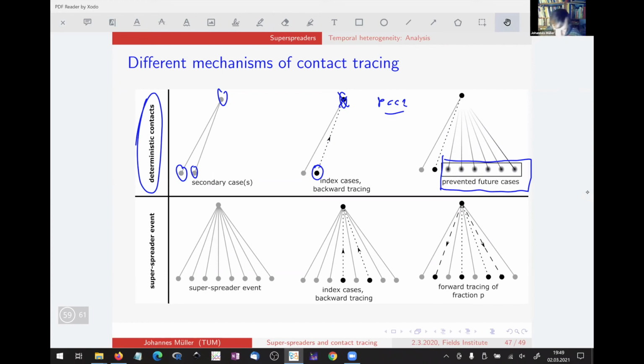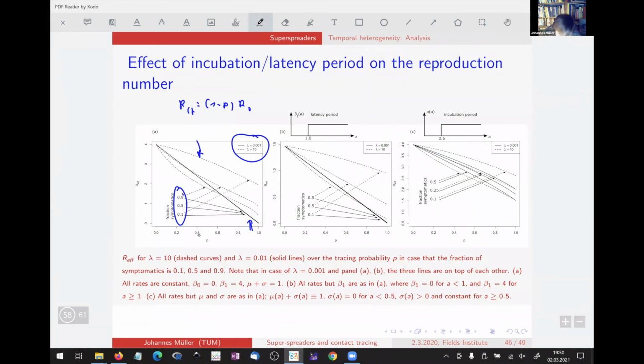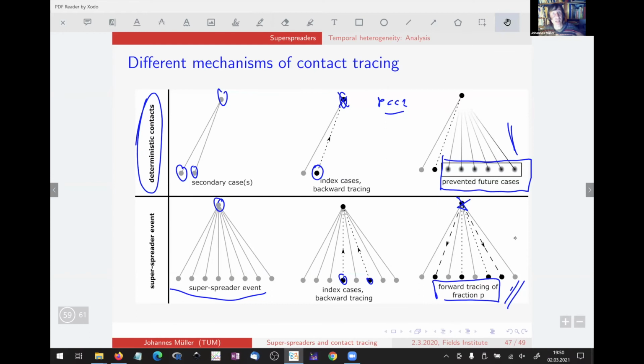In super spreading, it's different. So this guy infects a lot of infectees. Soon one or two will be index cases. So this guy is discovered, and we remove a fraction p of the existing infectees. Therefore, we have here the linear thing, and here we have the nonlinear thing. And so therefore, in particular, if we have a high number of index cases, without super spreading, we do better than with super spreading, right? So that's this different mechanism behind.